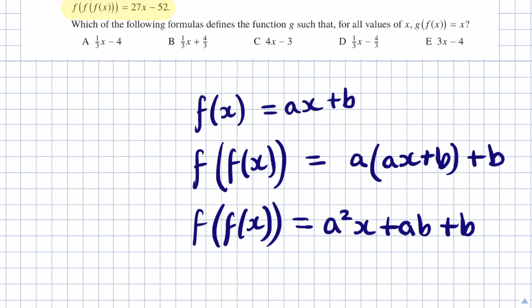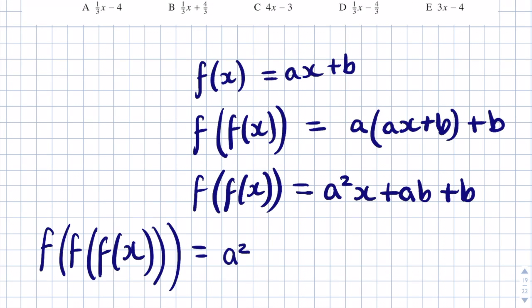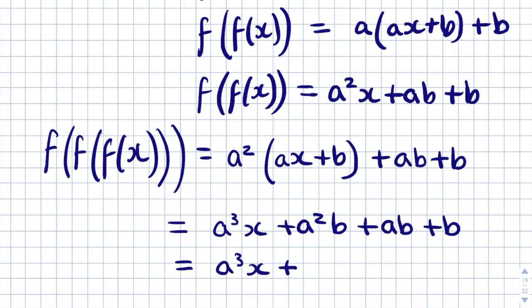And now what we need to do is we need to then substitute this function into f of x again to get the result for f of f of f of x. So basically we're going to replace x with ax plus b. And that simplifies to a cubed x plus a squared b plus ab plus b. If we take out a factor of b here, we get b all multiplied by a squared plus a plus